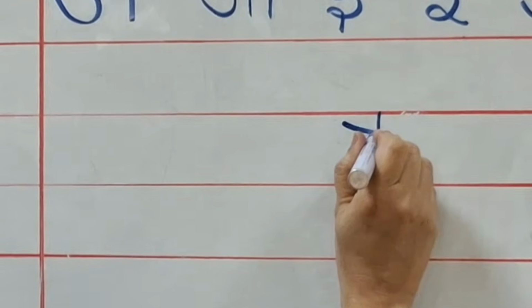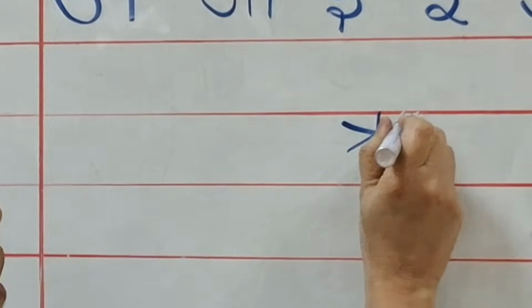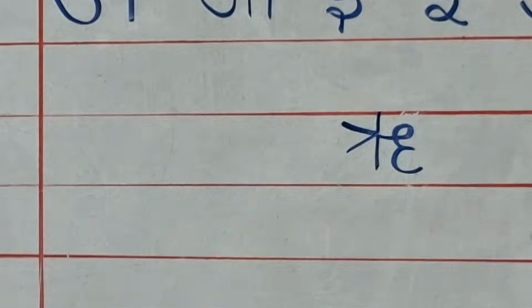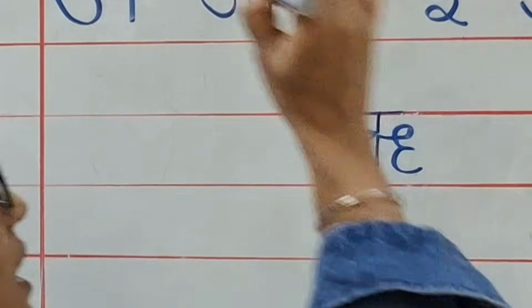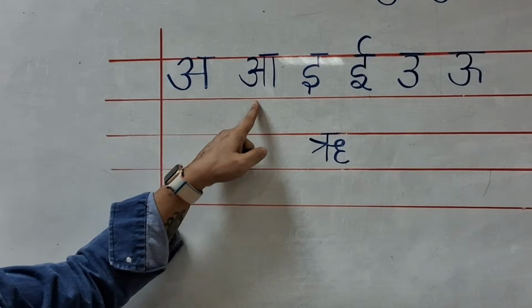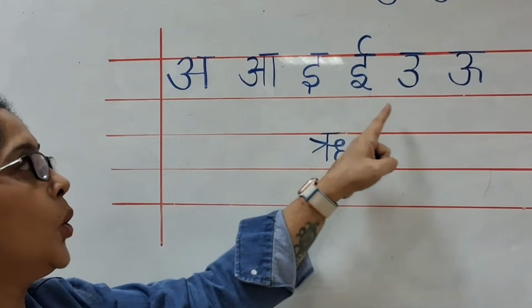From the center of the V, put a loop and another loop down. So this is ri, say rishi. So we finished A, I, U,